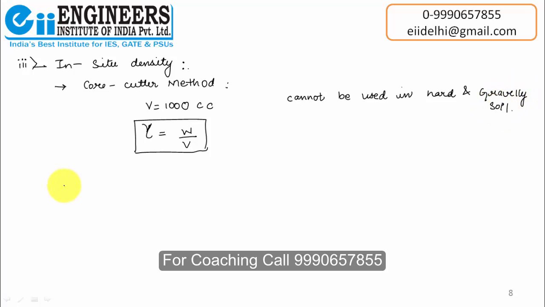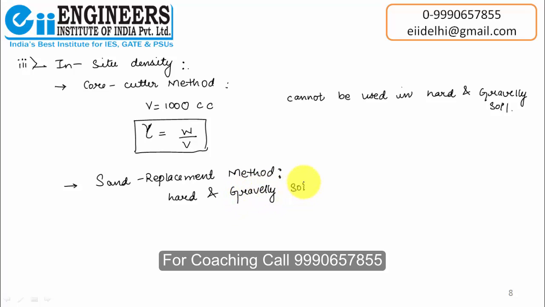Well, going to the next method, it is the sand replacement method. The name says sand replacement, that means we are going to replace our original soil sample by sand. This method is particularly used in hard and gravelly soils. In this method we make a hole into the ground and excavate the soil from it, and then we take the weight of that excavated soil. Let its weight be